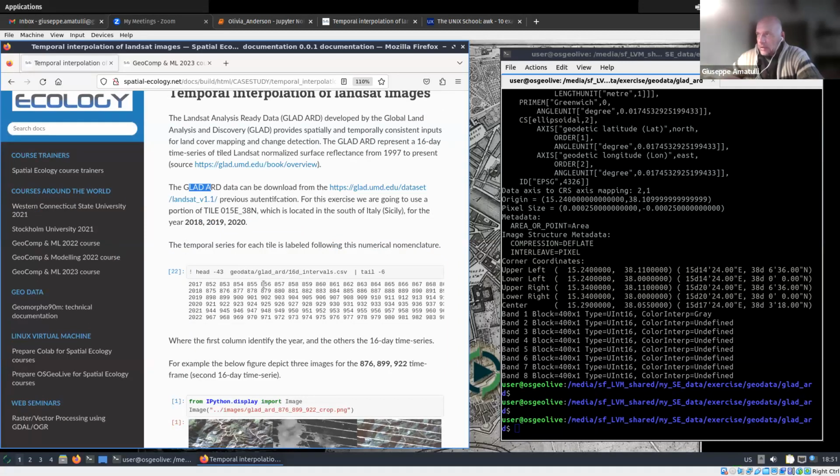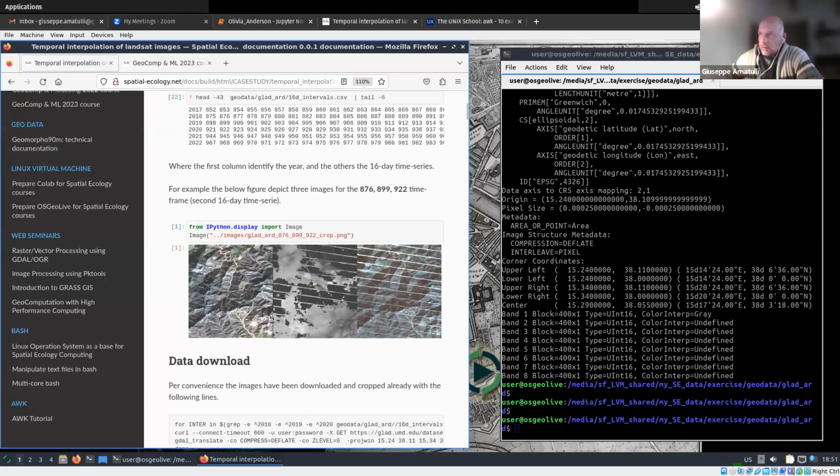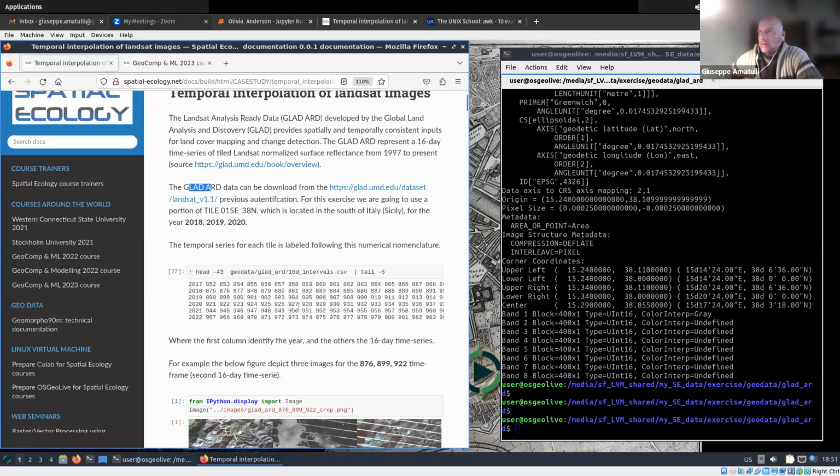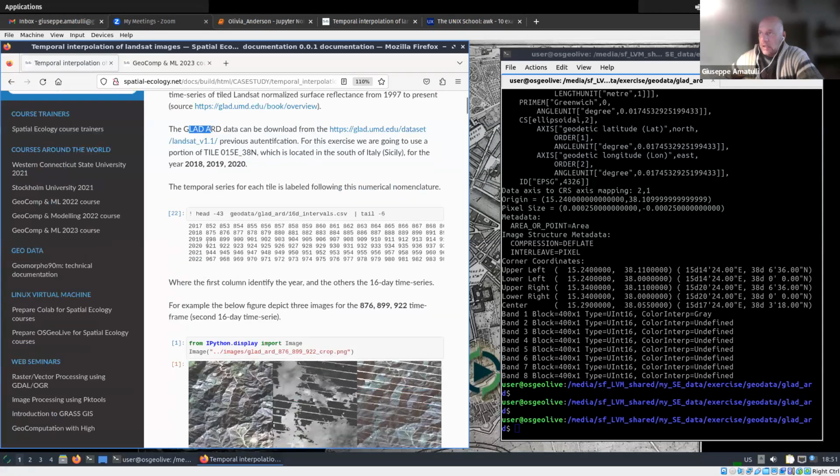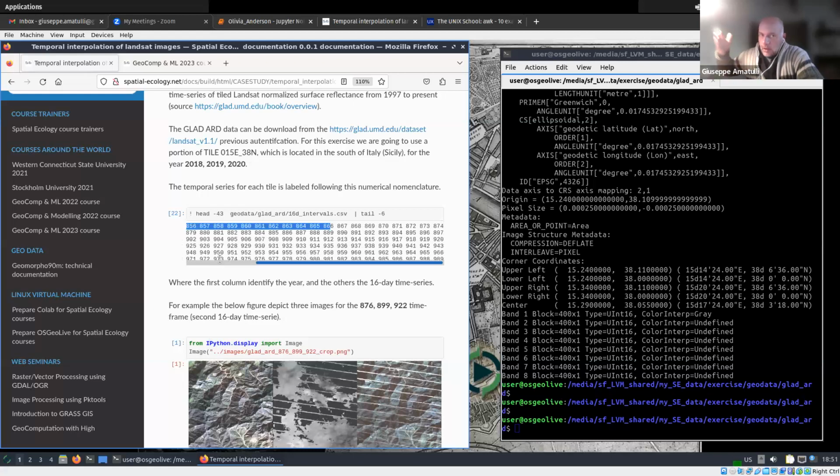I know the people behind it, especially one of the coders. So I found it very easy to implement the full processing chain without dealing with so many differences and so on. The beauty of this archive is that it is very well structured. Each year there are several images that are labeled with a number. Okay, so the first column is the year, but then you have all the different 15 days